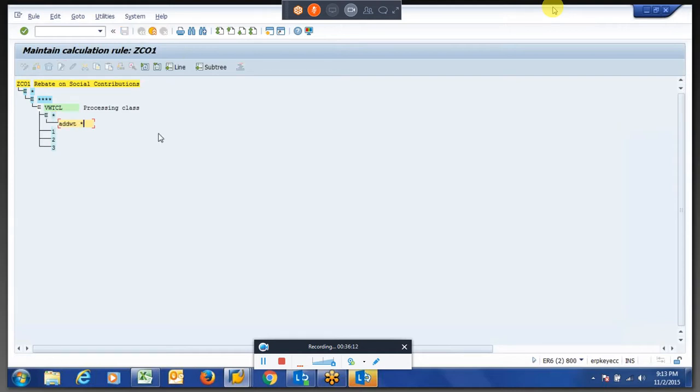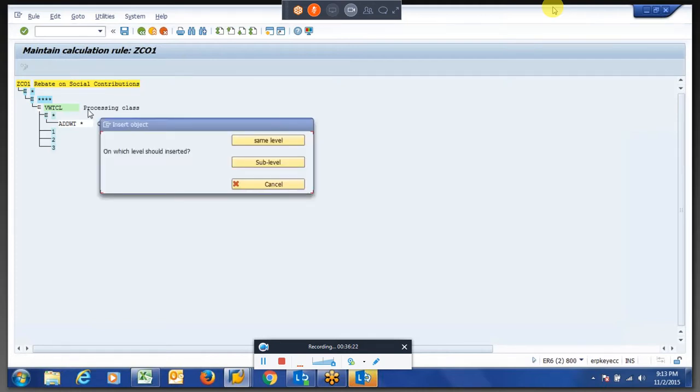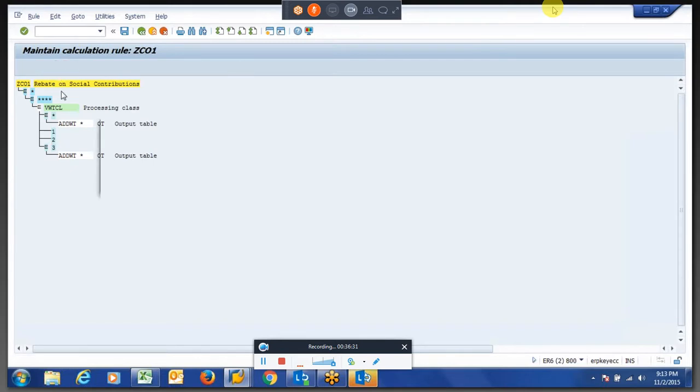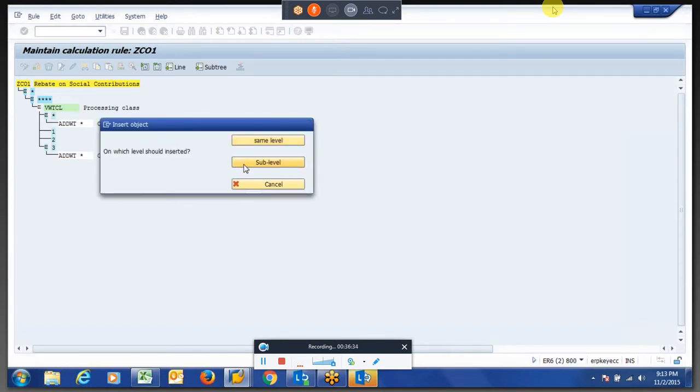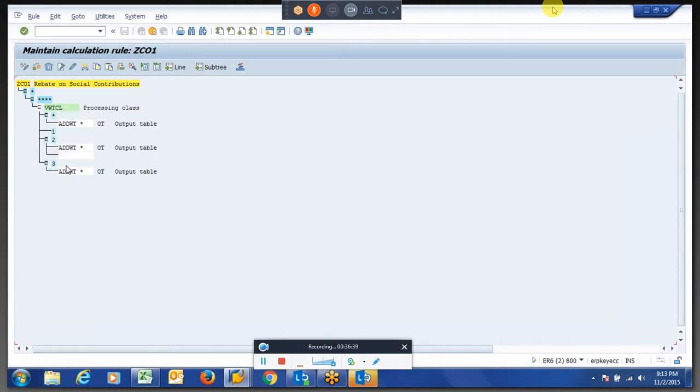So it will go as it is to the output table. As of now, we have not written anything for 3 and all this stuff, so we will give the same thing. Later we can develop our own logic. If 2, what should happen? If 3, what should happen? Right. We specified 1 in the wage steps for those contribution wage steps. If these are the 3 wage steps, what should it do?